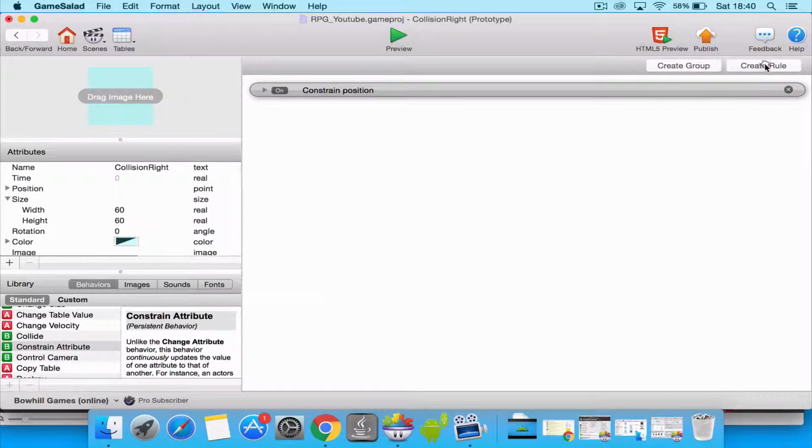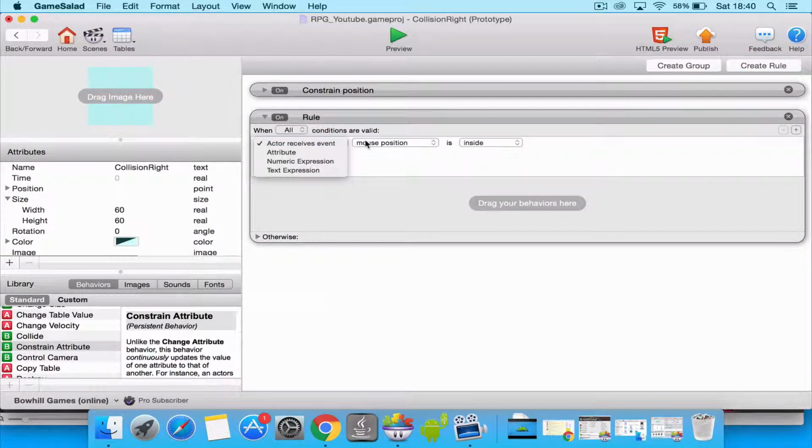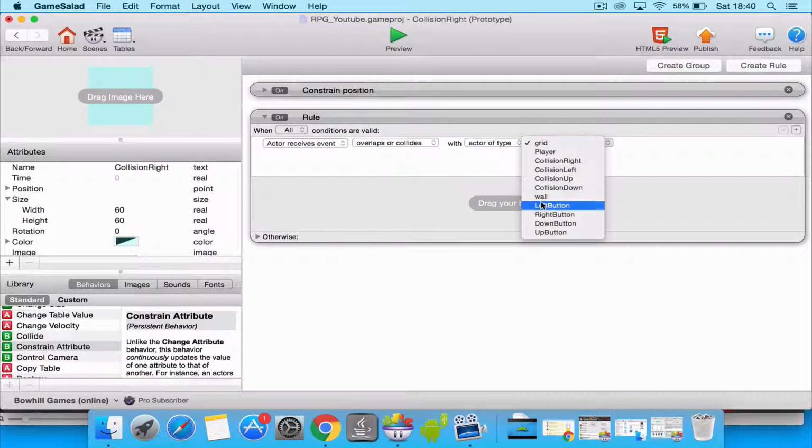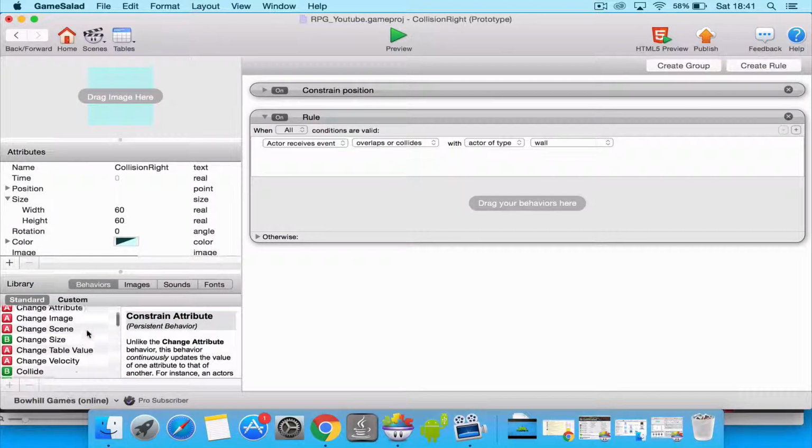So I'm going to create a rule, and I'm going to say if actor receives an event and there's an overlaps or collides with option here, I'm going to say actor of type, and I have an actor just called ball. It is just a blank actor. It's just a purple square. So for instance, you might want to have if actor overlaps or collides with building, or an actor of tag building. So if actor overlaps with wall, then change attribute